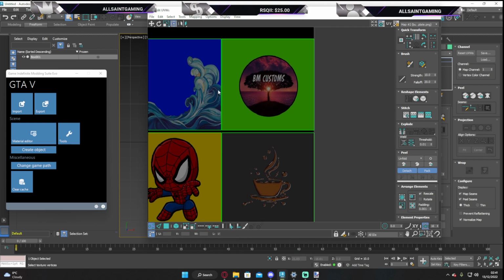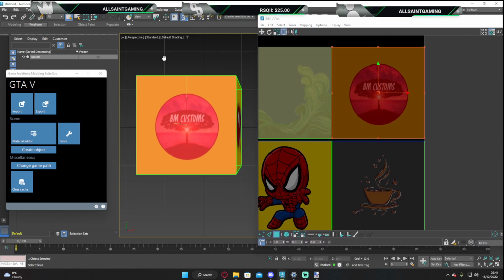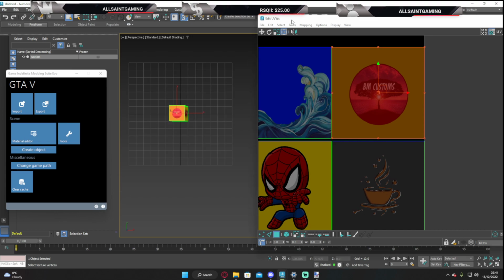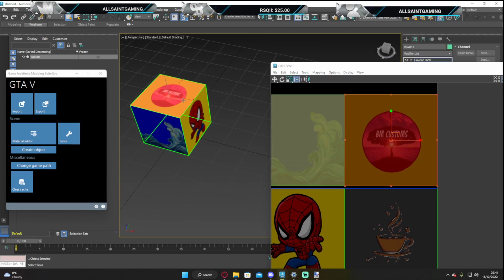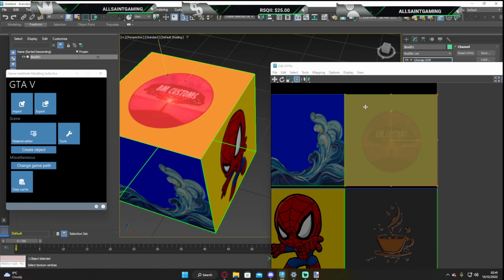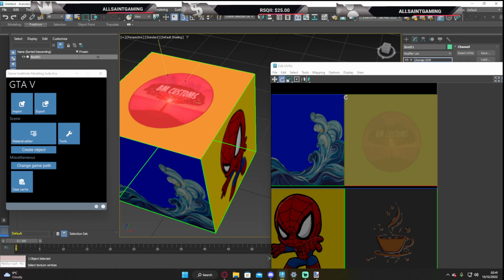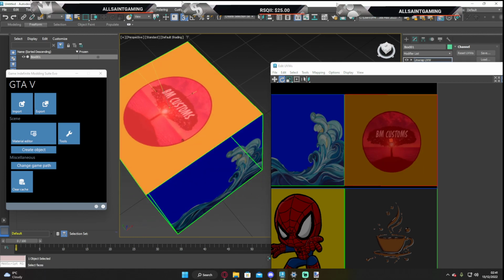So if I wanted this one rotated, for example, I'll click on that. As you can tell, it's selected just the top. Click on the rotating tool. You can rotate it around if you want to, like, you can get it to how you want it. So if I keep mine just like that,